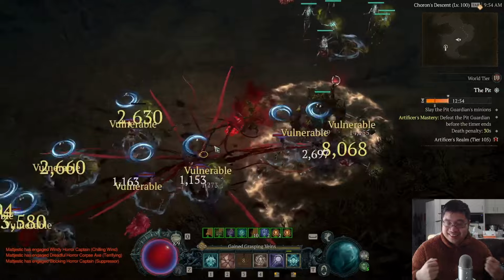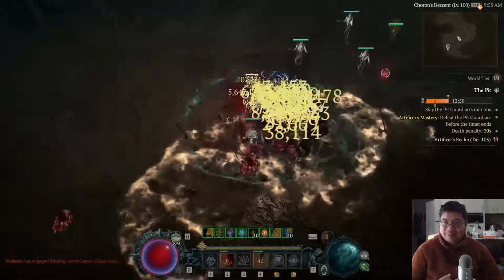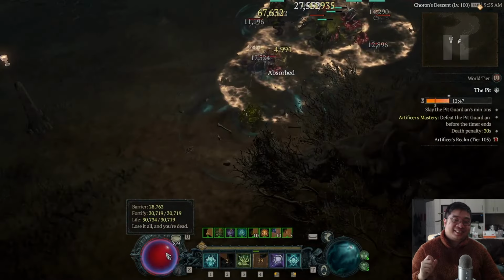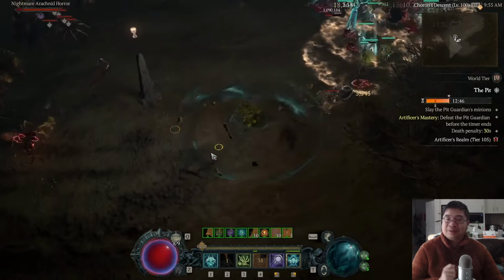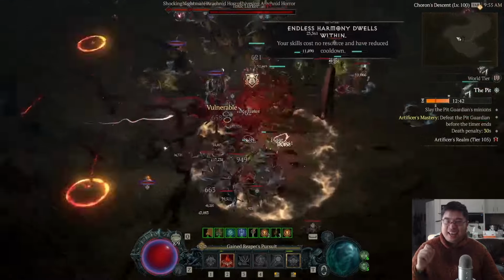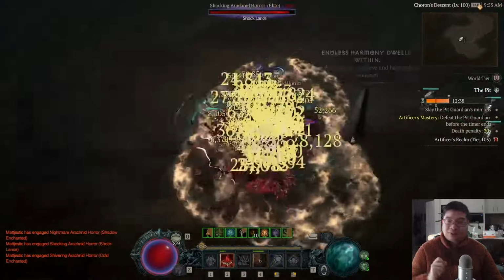Welcome everyone, today we have a new update version of the Necromancer for the Pit Endgame. Now looking behind me, you might see something quite interesting. Can you spot the difference? Yes, I'm currently sitting on 30,000 life and 30,000 barriers. This is an extremely tanky and survivable version of the Necromancer that still deals tons of damage